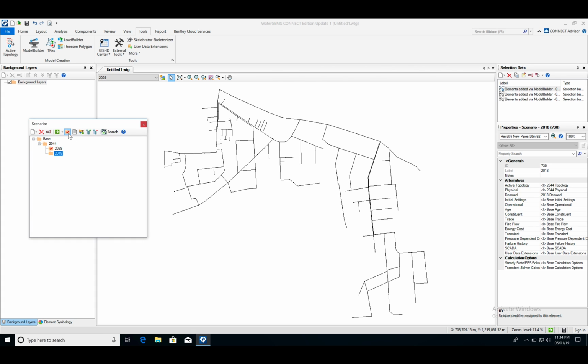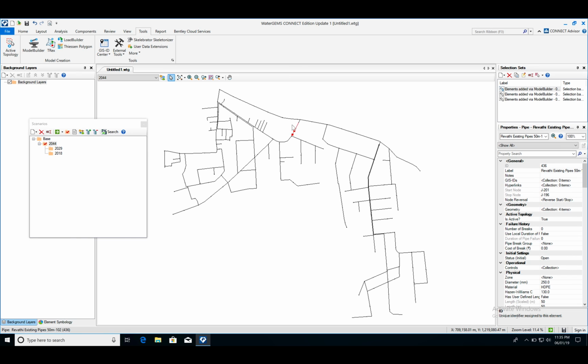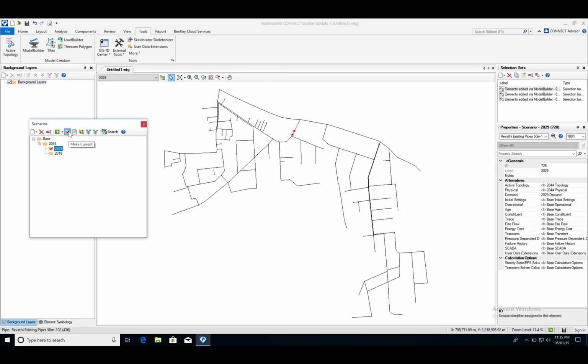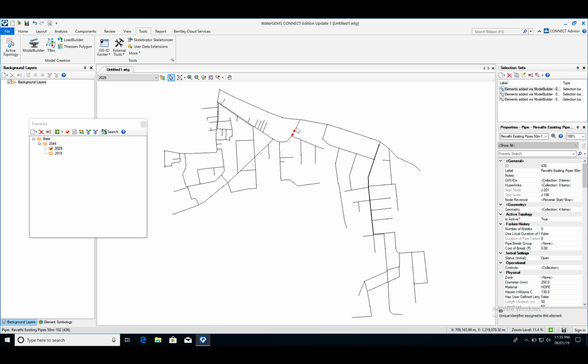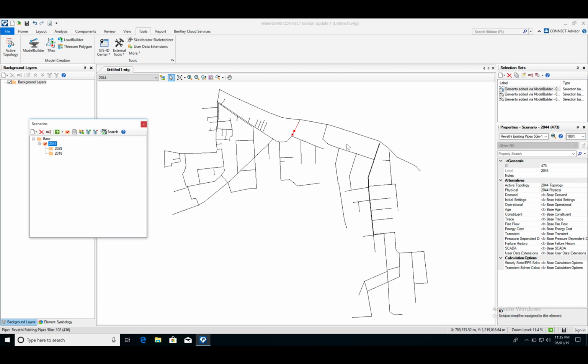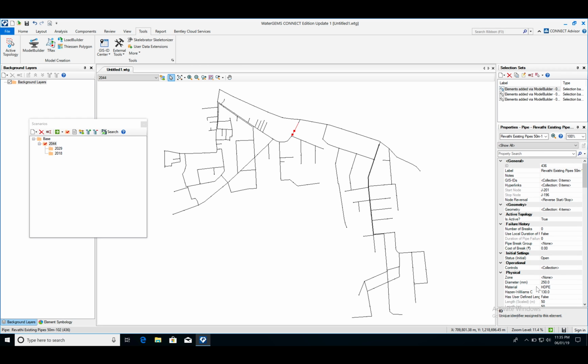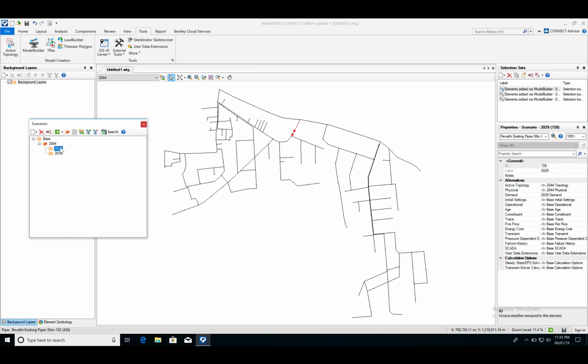2029 make current, 2018 also make current, right? So 2044, I'll just give an example for this as well. For example, if you take this pipe, it is HDPE, right? 250 mm HDPE pipe. Same thing in 2029. If I go to the same pipe, it is HDPE 250. Suppose in 2044 I want to change this pipe to 300 mm, right? So in case I change this to 300 mm, the same thing will get reflected in your 2029 and 2018